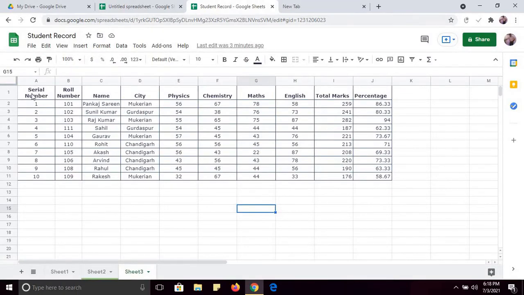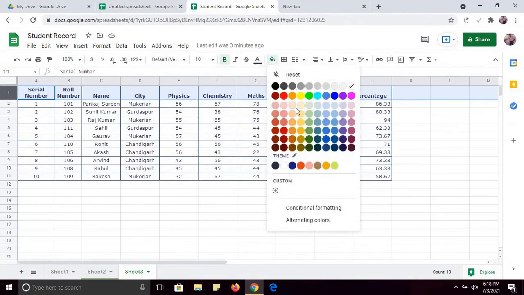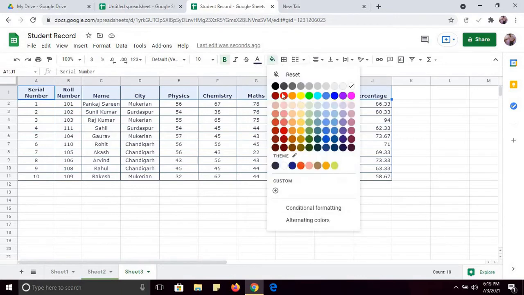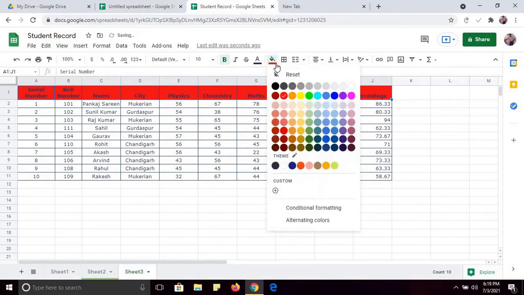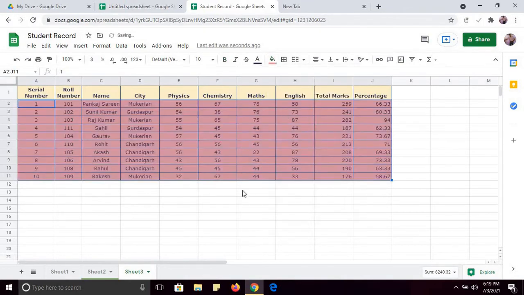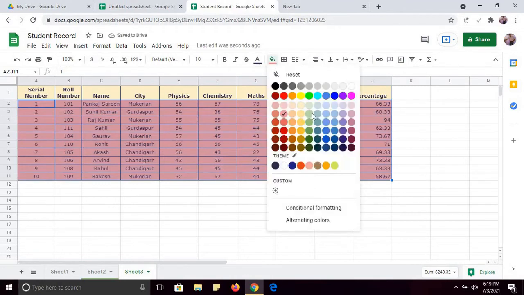And if you want to apply some formatting, it's very simple. I want to apply the formatting to this row. You can fill any color from here. I have selected the whole row, so that's why the color has been applied to the whole row. You can select data up to this point and change the color. You can select any color of your choice. You can format the data from here. So very simple to apply the formatting.